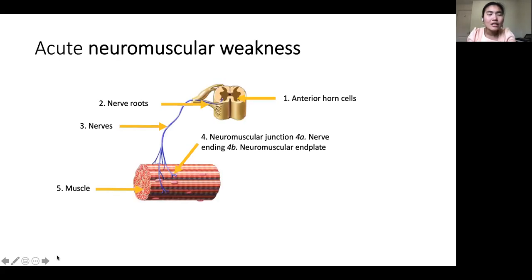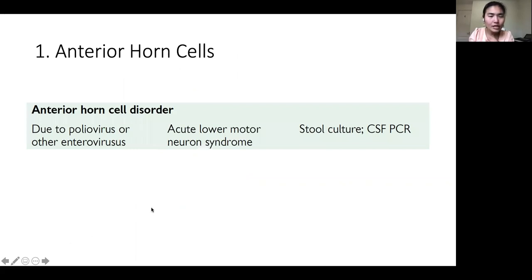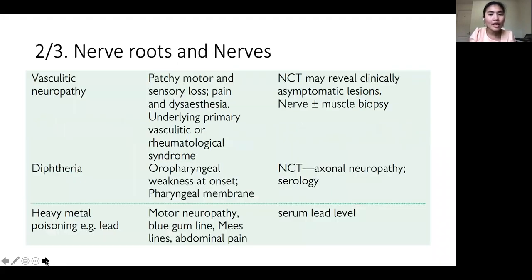So this is wrapping up. Acute neuromuscular weakness: the structures I mentioned here that are affected are the motor neuron, neuromuscular junction, and the muscle. I'm just going to briefly describe the rest of the conditions I didn't mention so that you can get a full picture. Andrea Honsel brilliantly mentioned poliomyelitis. That's true. Poliomyelitis can affect anterior horn cells selectively in the spinal cord and cause acute lower motor neuron syndrome, flaccid asymmetrical paralysis. And nerve roots and nerve, somebody mentioned vagus, so eosinophilic